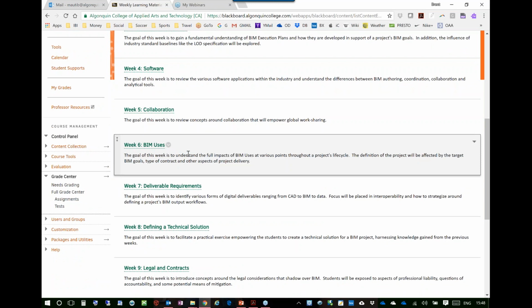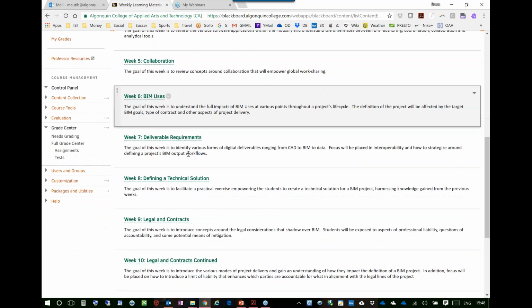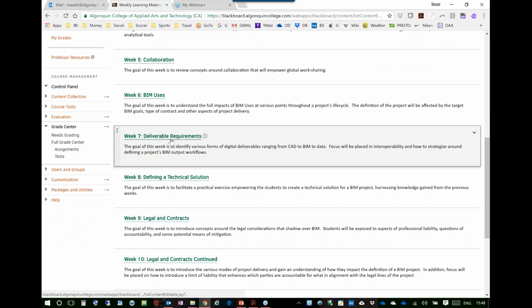And it's funny because now we're at BIM use workflow diagrams. So right from week 6, what I'm going to talk about today kind of follows through to that. When you look at the virtual classes online, I talked about the deliverable requirements in week 7. So basically, no matter what we want to do with BIM, oftentimes we're told,